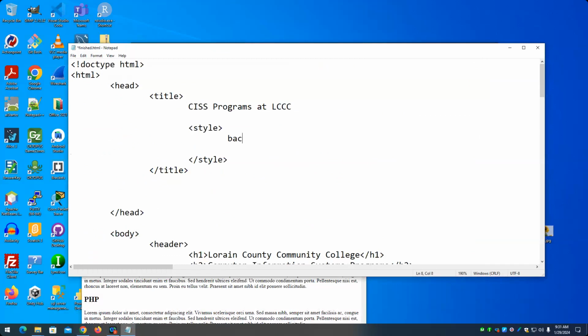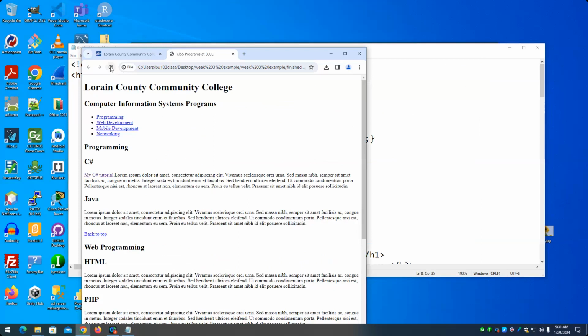I could do this. Body. Background. Or background color. Either one works. Okay. Then I look at the page and